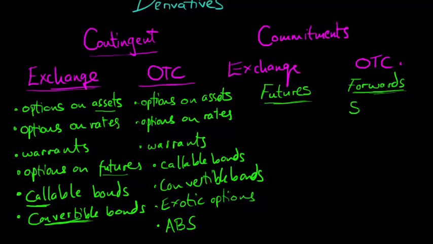Again, we've got swaps. A good example of swaps are interest rate swaps, where one party swaps a fixed rate for a variable rate from another party. So if you're earning interest at 5% fixed, for example, perhaps you've got some mortgages that you are earning a 5% fixed rate on, and you want to swap the 5% fixed rate for a variable rate. Then after taking on the swap, you will receive a variable interest, and the other party will receive your 5% fixed rate in exchange.